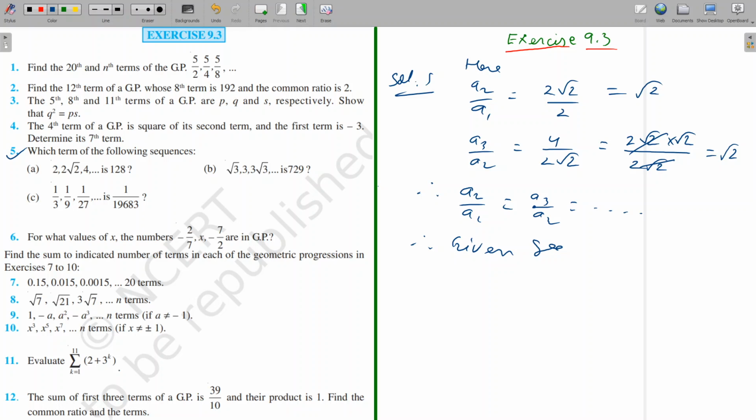Given sequence is a GP. And what is a1? A1 will be the first term, that is 2. What is r? The common ratio is r. So r is root 2. And what we have to find is which term of the following sequence is equal to 128. So suppose this is the nth term. So let an equal to